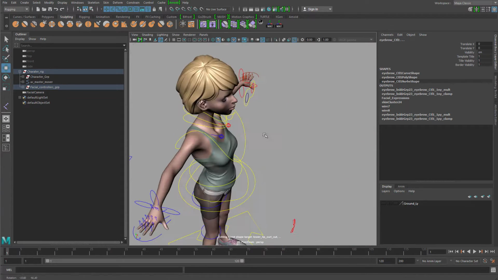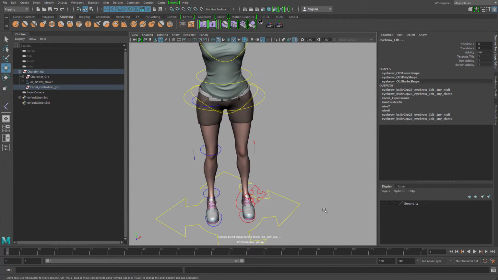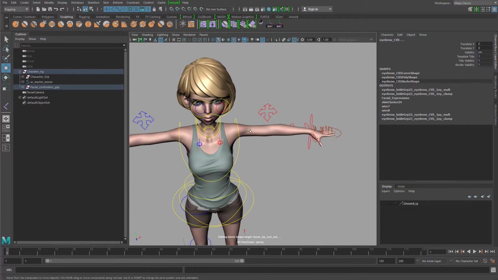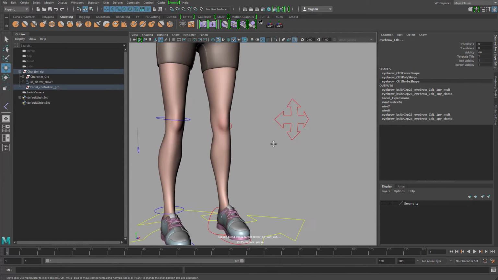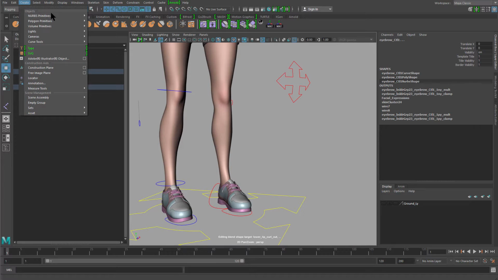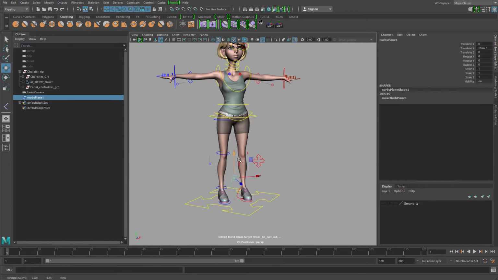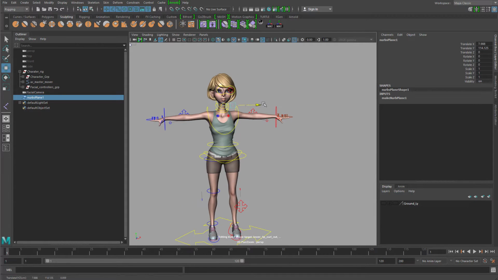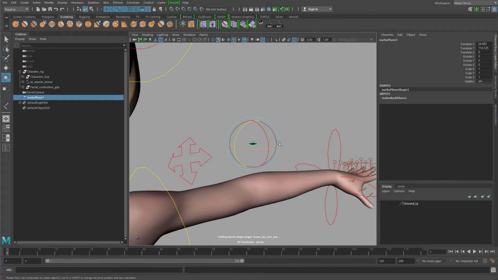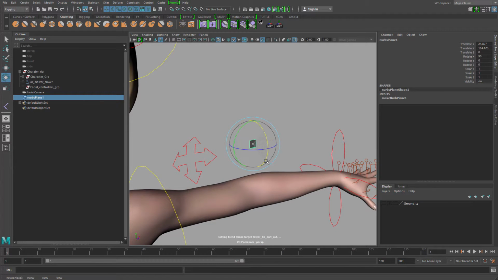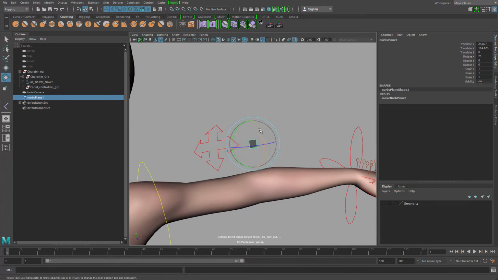Greetings everyone, this tutorial is about how to use ribbon rig to do a bendy arm. The first thing you want to do is just go create a NURBS plane, and then theoretically speaking you can actually put it anywhere, it will work. But just for it to be easier to understand, let's just move it above the arm and maybe rotate it